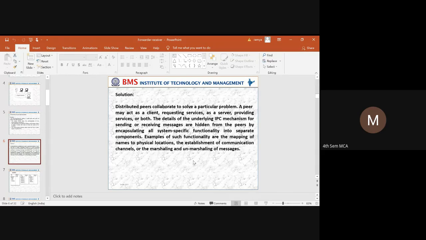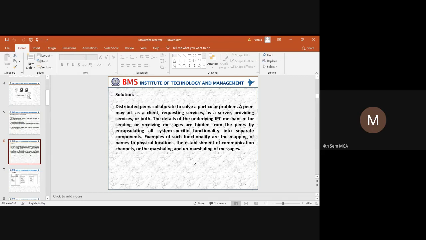Either the message sending or receiving is going to happen between the peers. All these things will be encapsulated through common functionality. These functionalities have to be named with respect to the physical location for establishing a communication channel. So in forwarder receiver, what happens is that the client will request the service.